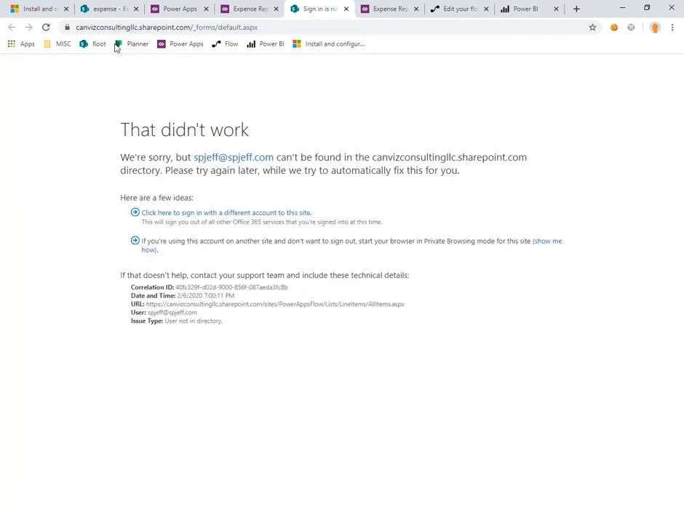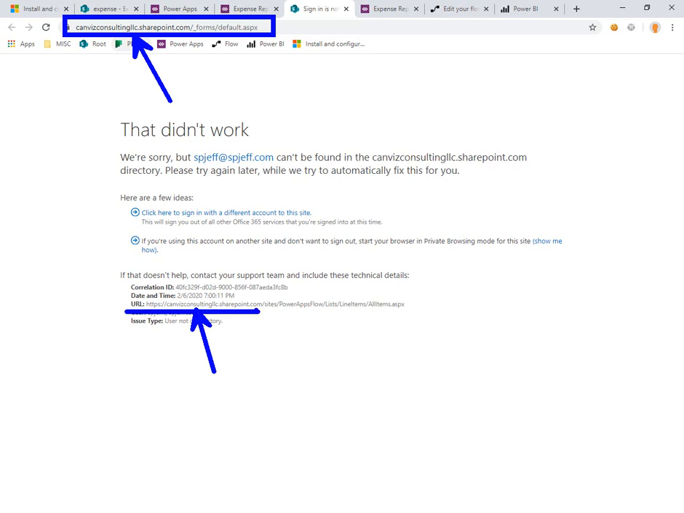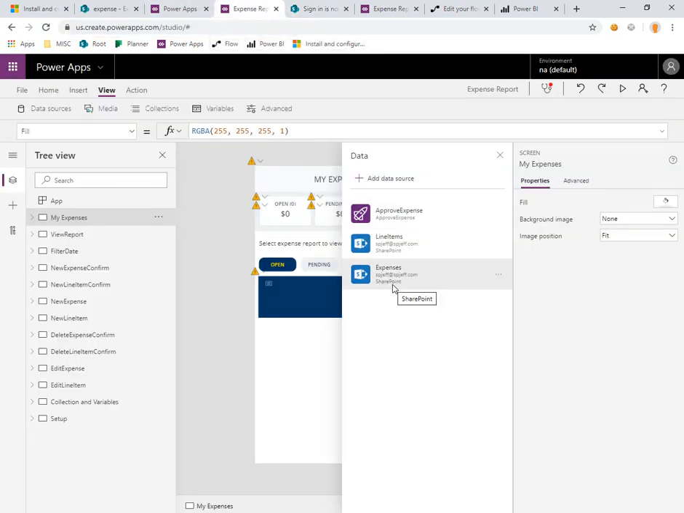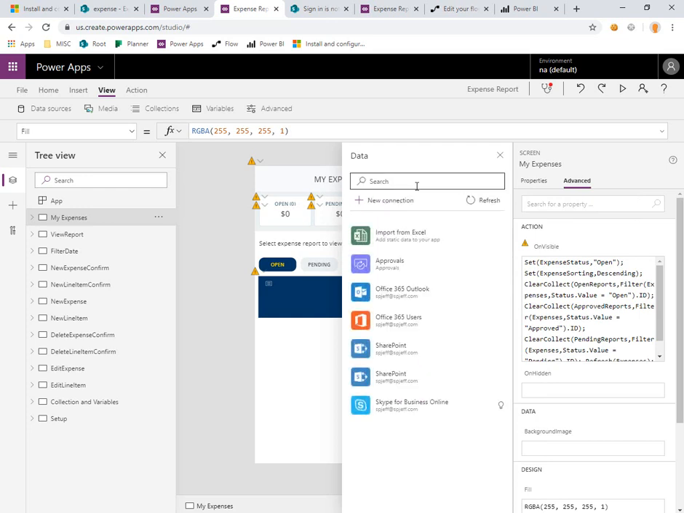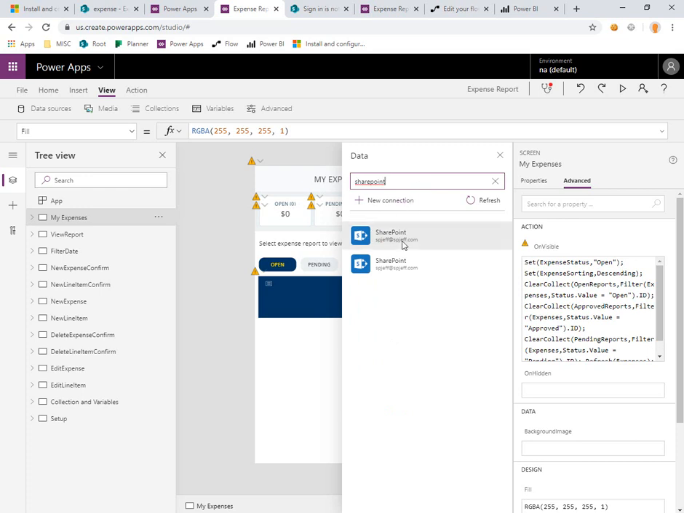Now if I come into one of these and I do edit data, it pops open a window and it tries to go to canvizconsultingllc.sharepoint.com. That is not the name of my tenant. So I've got a data connection in here that has not been mapped over to the new location. Line items and expense. So what we're going to do is add a new connection